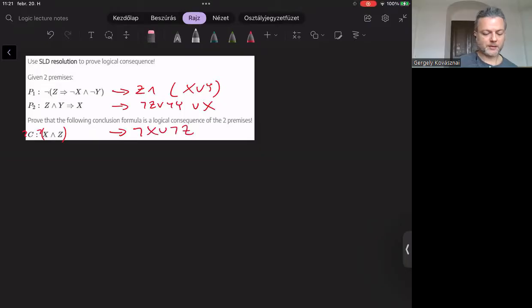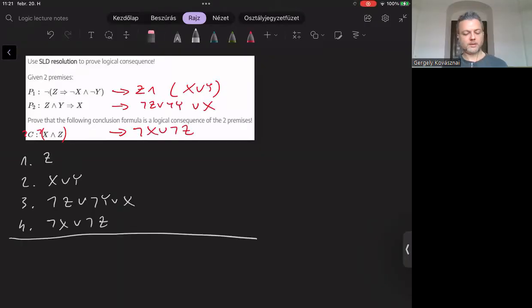Okay, let me enumerate all the resulting clauses here. Clause number 1 is a unit clause Z. Clause number 2 is X or Y. Clause number 3, not Z, not Y or X. And finally, clause number 4, not X or not Z. So these are the input clauses we got. Input clauses for